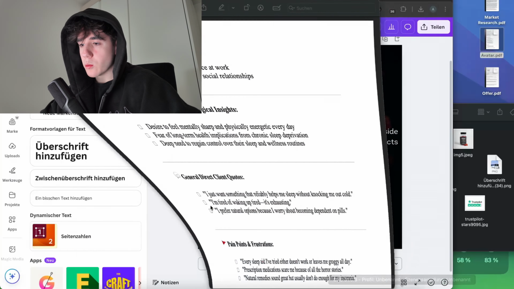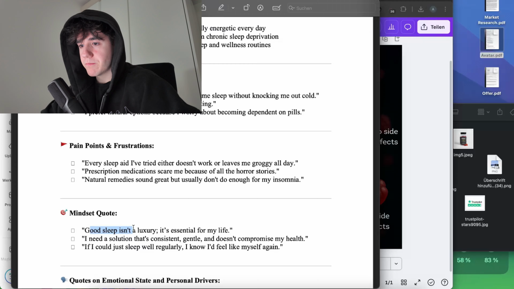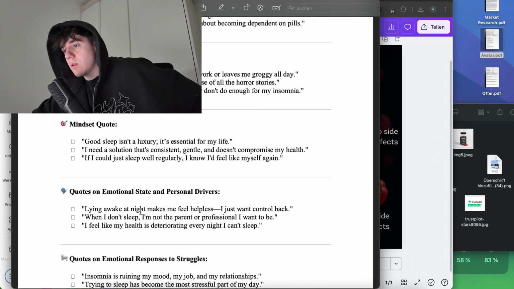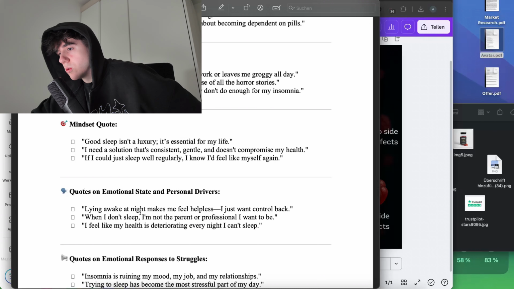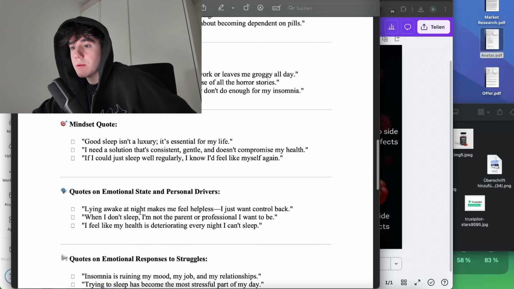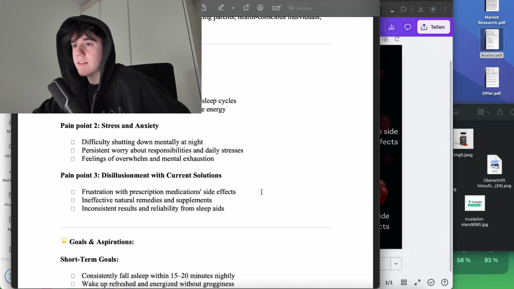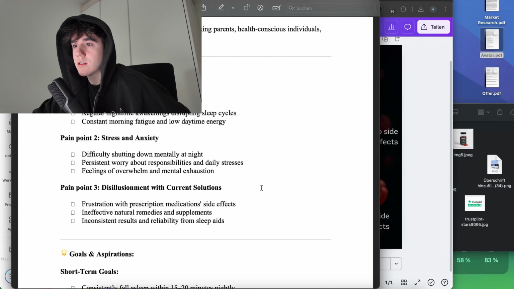Oh, we already talked about the waking up part. Lying awake at night makes me feel helpless. I just want control back. When I don't sleep, I'm not the parent or professional I want to be. So we could say like perform at daytime, or like